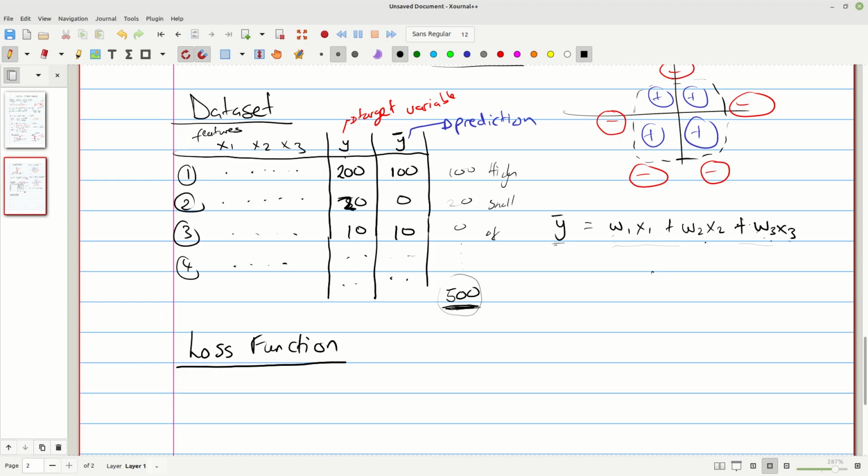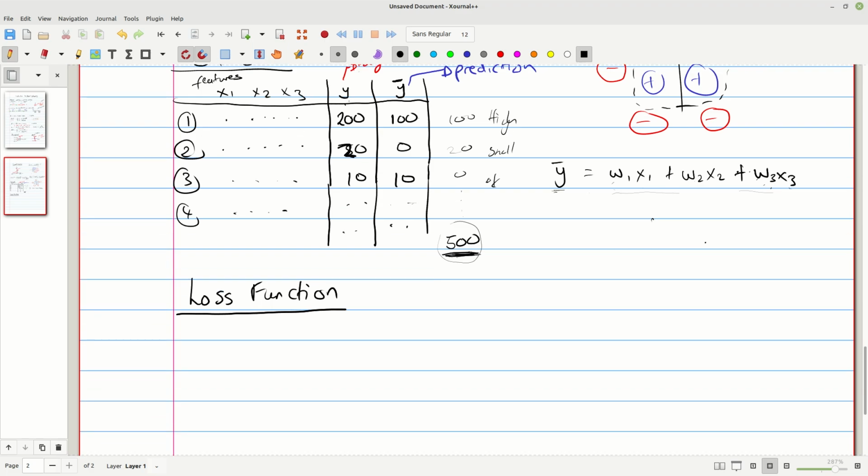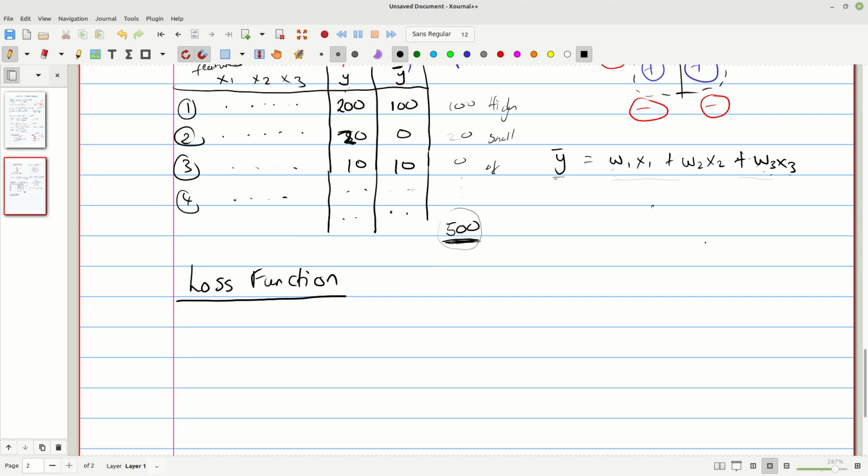There are different types of loss functions we can define depending on the problem we're trying to solve. I'm not going to go into too many details on loss functions right now. I'll leave that for a separate lecture. But the idea here is that, given a loss function, we define a loss function, L, as a function of W.